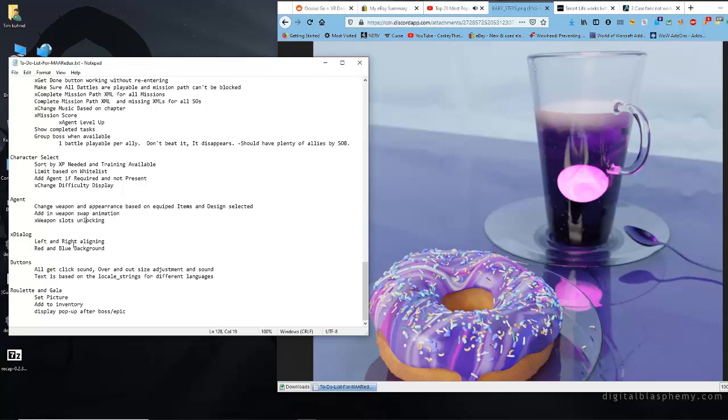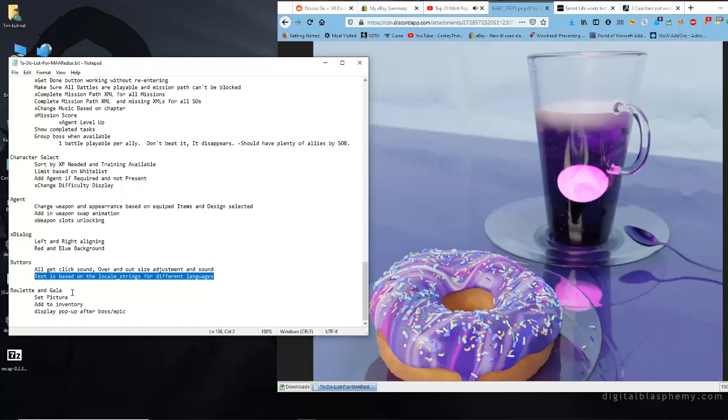Weapon slot unlocking, because remember we did eventually get up to 5, but it was only 4 for a long time. Left and right aligning, red and blue backgrounds, all buttons get a click sound, over and out size adjustment and sound. Text is based on the locale string for different languages, so that if you are playing the Portuguese version of it, you get Portuguese text and not English, American English.